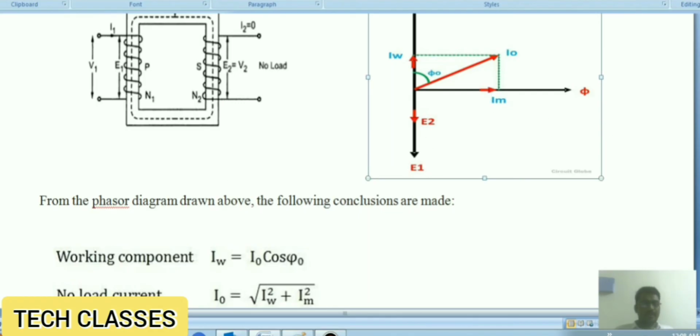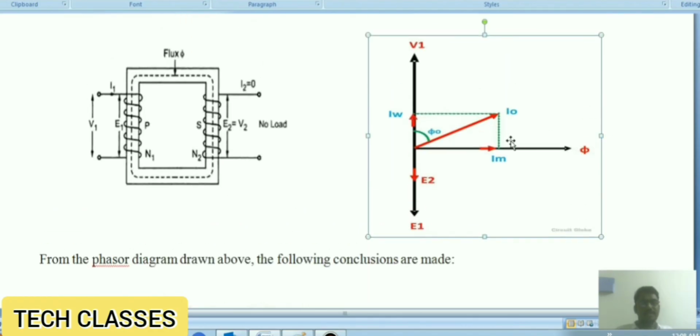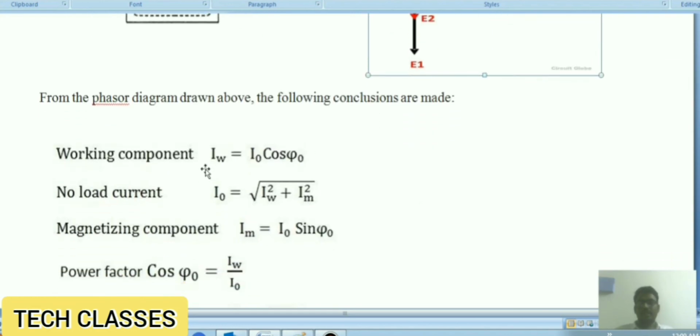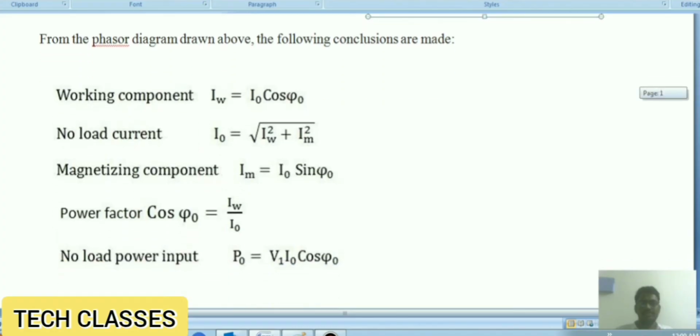Finally we can conclude that this phasor diagram has the resultant I0 current, that is the no load input current. This no load input current has two components, IW and I mu, so I0 is equal to the square root of I square W plus I square mu. IW is nothing but I0 cos phi naught, where cos phi naught is the power factor. So the power factor can be calculated as IW by I0, and the magnetizing current I mu is I0 sin phi naught. From this expression we can calculate the no load